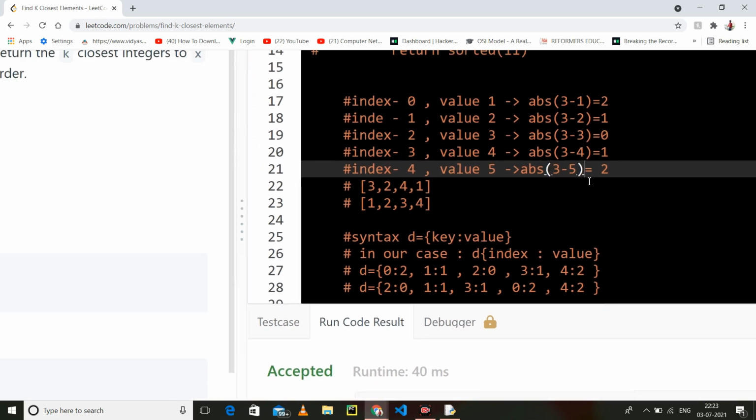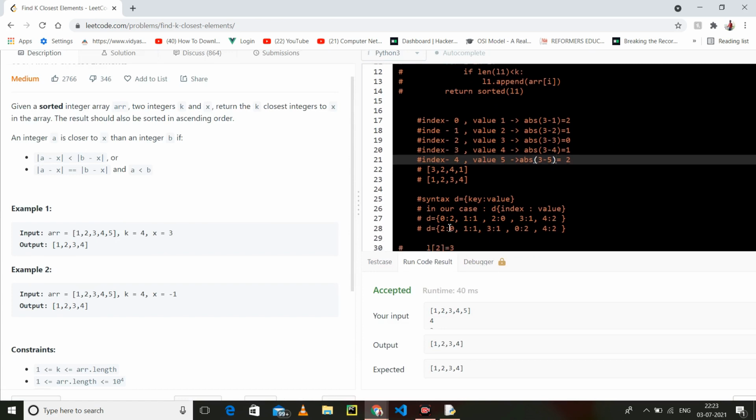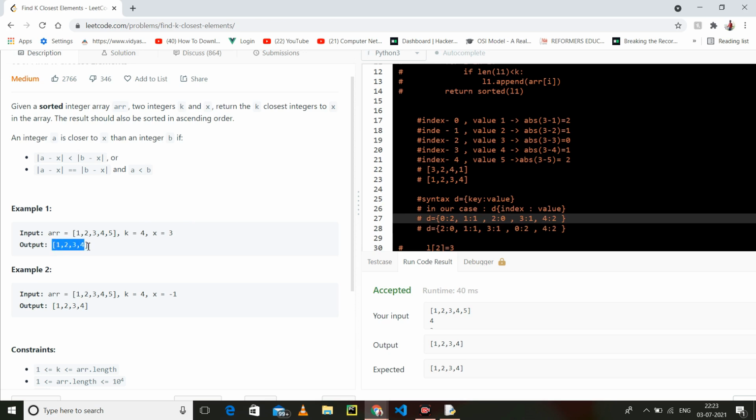Now if I store all these elements in a dictionary, the remaining thing we can do is sort this dictionary on the basis of the absolute values.